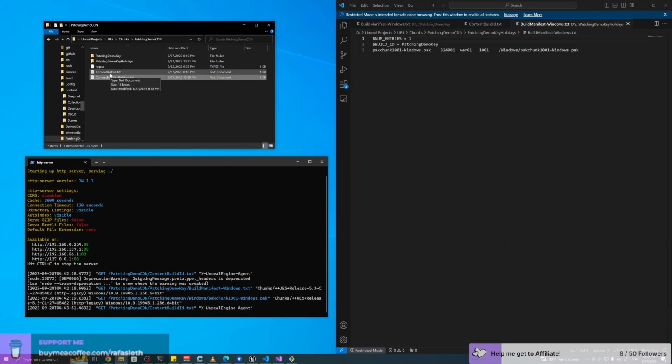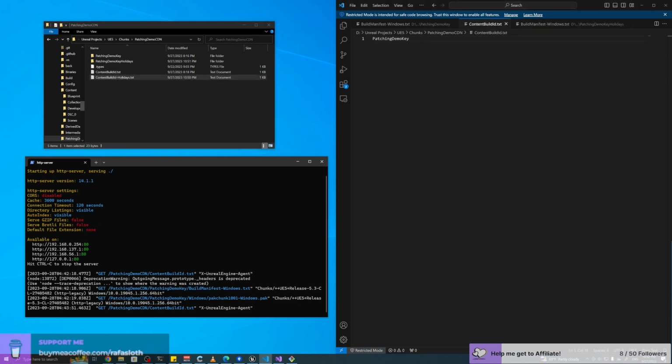So if this file says patching demo key and the manifest says patching demo key, then the content build ID that says patching demo key holidays means that the manifest needs to have the same patching demo key holidays build ID.